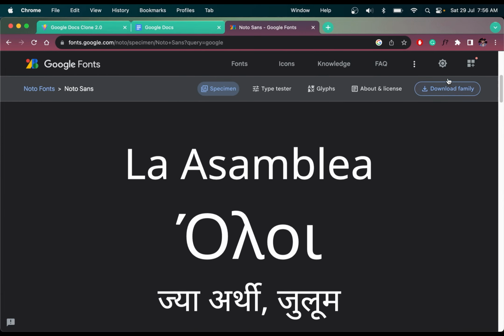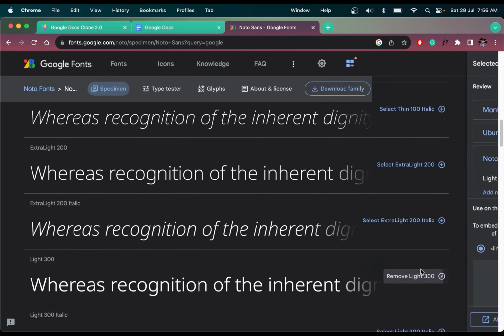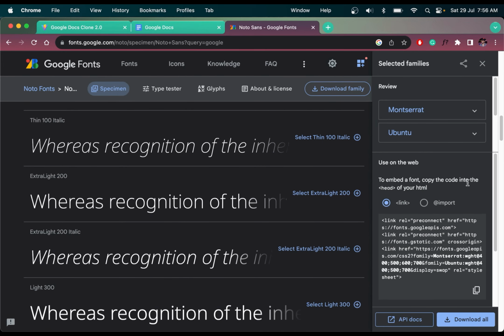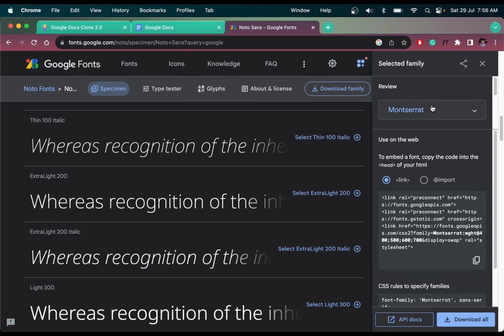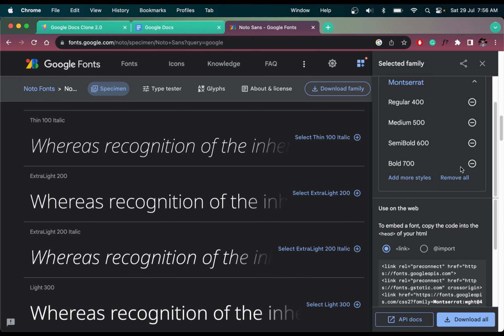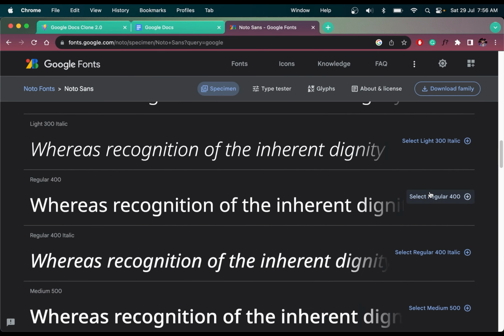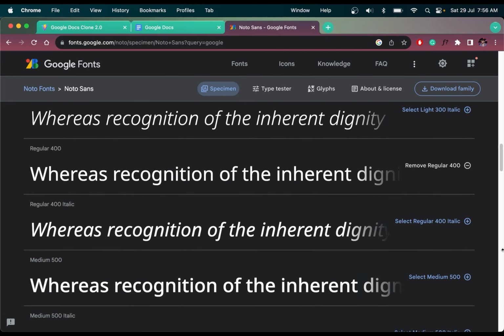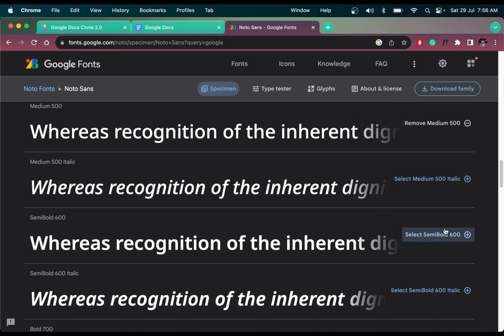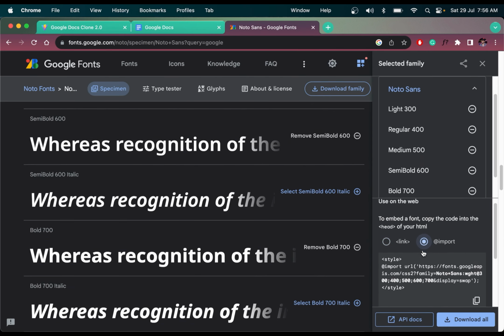If I come down, choose the light font, let's say. Let me remove the extra fonts like Ubuntu and all. This as well. Now let me choose the font here. So we need regular, yes. We need light, we need medium, we need semi-bold, and we need bold. Now let me copy the import,